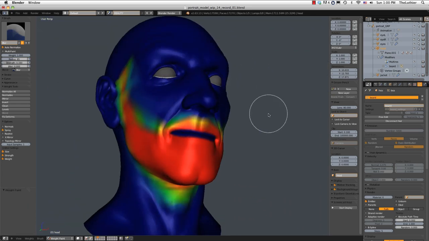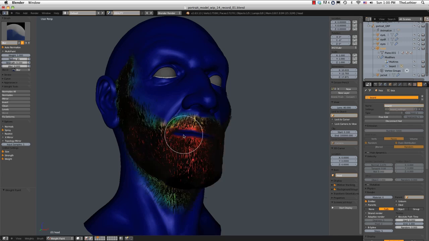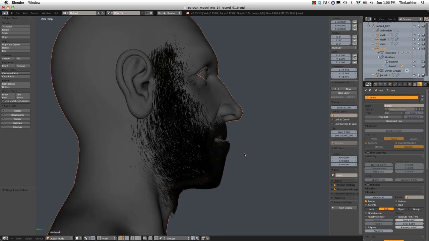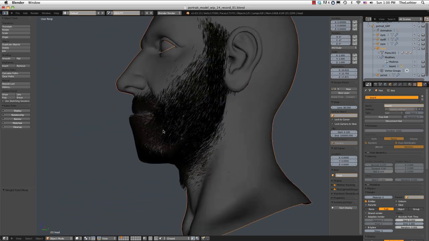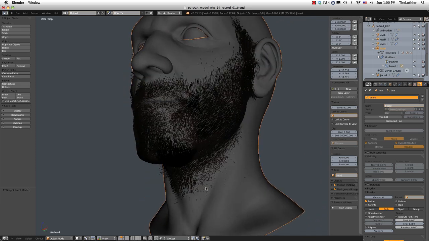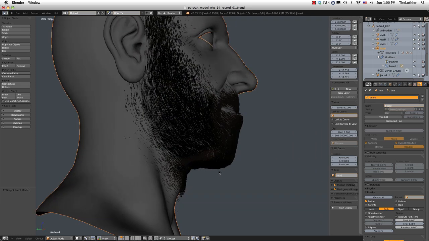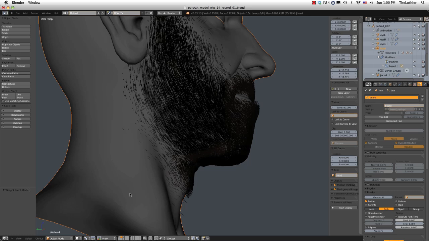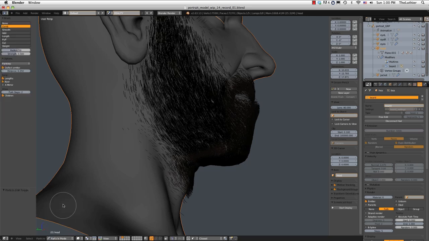Okay, let's see if that looks any better. I'm going to turn my beard back on. Jump to object mode. Okay, so this is a little bit better. We can see that we've got some hairs now kind of fading off. So that'll be okay. I can also jump into particle edit mode and